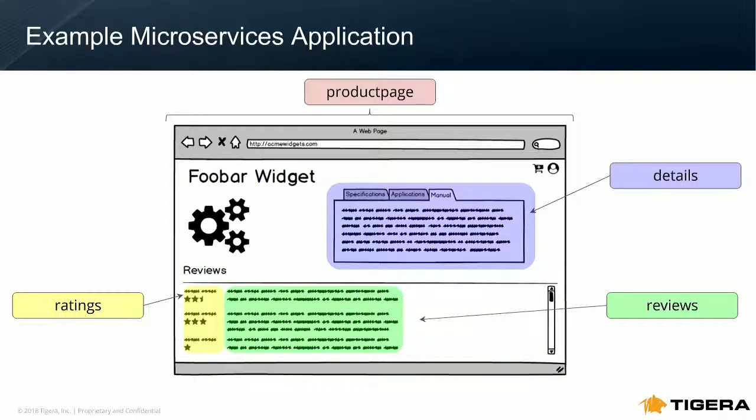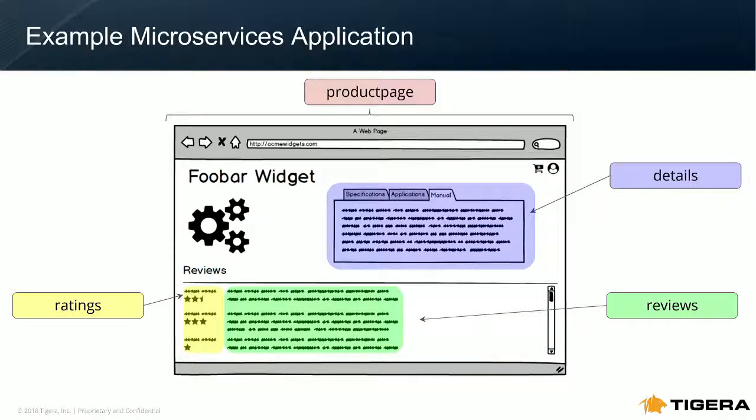It's a FooBar application. Think of it sort of like a book review. So I've got some details about the product. I've got some ratings: 1 star, 2 star, 3 star, 4 star, 5 star, and even some reviews. What did the people who gave those ratings, why did they give it that way? This is standard e-commerce kind of thing, but it's basically 3 applications all being called by another application called product page.